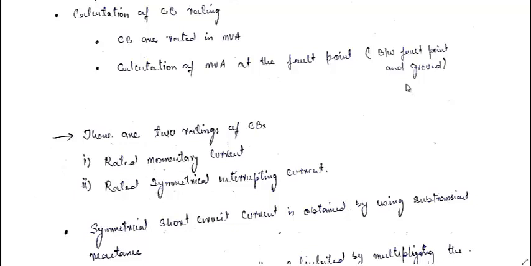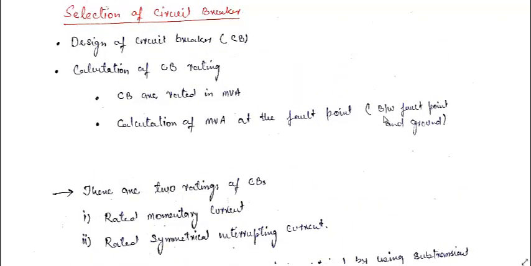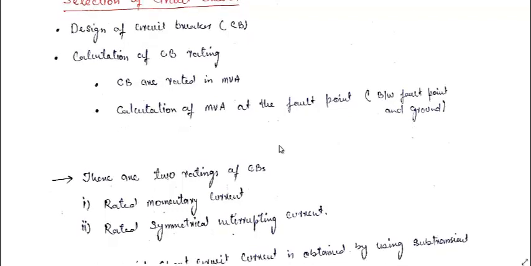And as per that, the fault MVA should be equal to the rating of the circuit breaker which we will be using at that point to avoid the excessive fault current flowing in the circuit. So in general, we can say the selection of the circuit breaker means design of the circuit breaker, or we can say when we put a circuit breaker at a point, we first have to calculate the MVA rating of that point with respect to the ground, or we can say the short circuit current has to be calculated between the point and the ground at which the circuit breaker is to be installed. So these 3 points are correlated with each other.